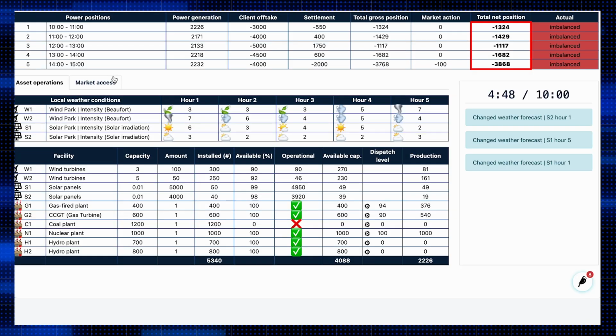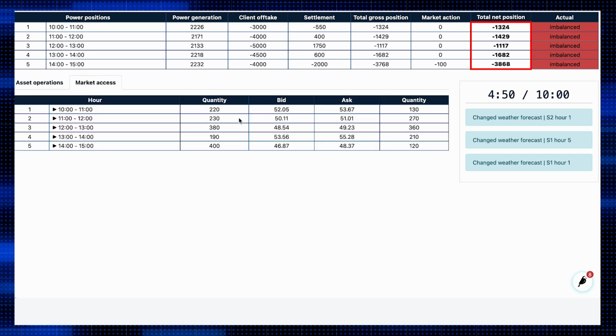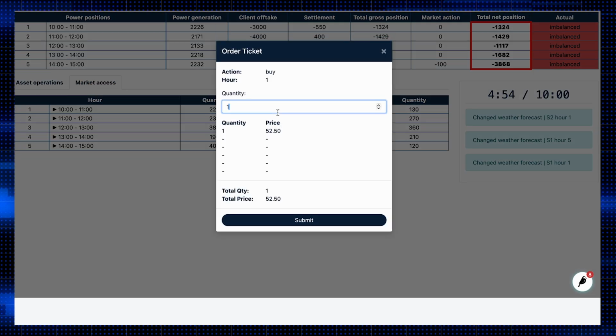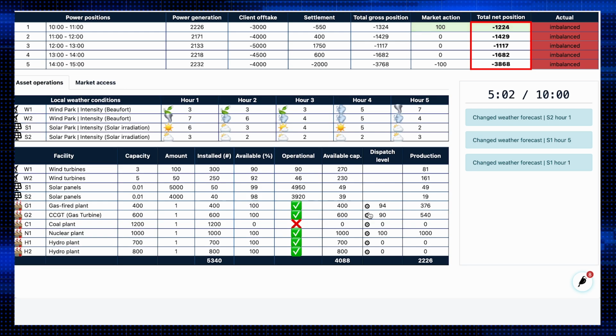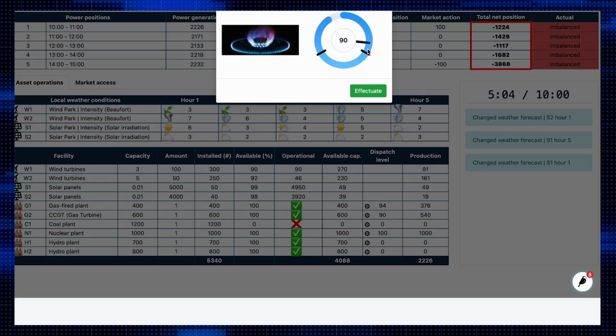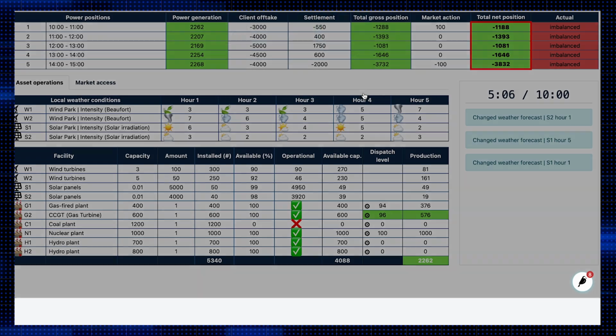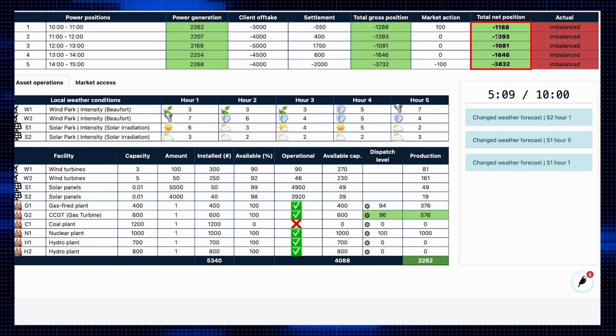Besides, you have market access. This implies you can enter the markets and transact. Altogether, you can clear out foreseen imbalances either by operational decisions or by transacting in the ultra-short-term power market. This way, in case of a deficit, a so-called make-or-buy decision has to be made, or, in case of a surplus, a reduction or sell decision.